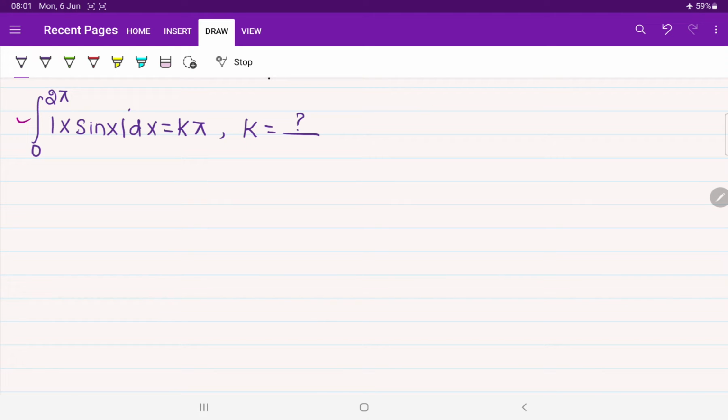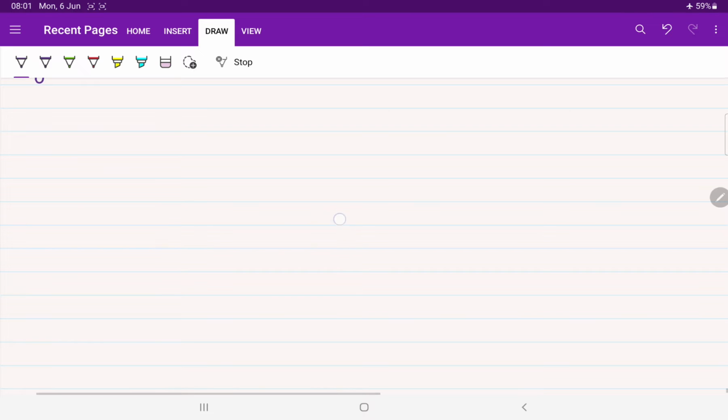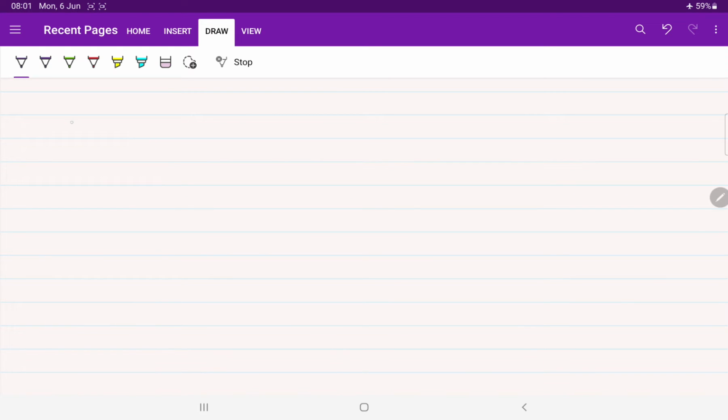Now, how to crack this question in terms of properties? Let me introduce the first property. When you are observing a function defined as integral from 0 to a of x into f of x into dx, if your function is defined like this, you can replace this whole function by, let me write the answer, a by 2 integral of 0 to a of simply f of